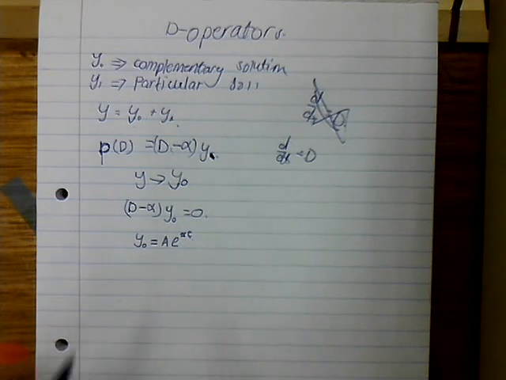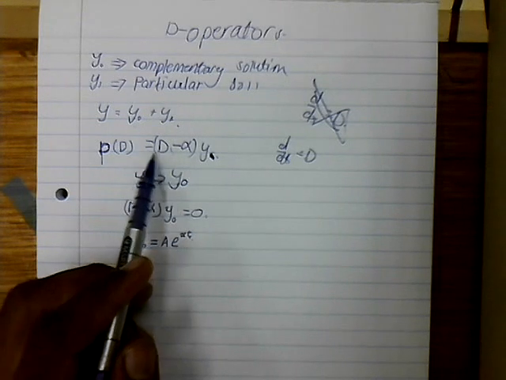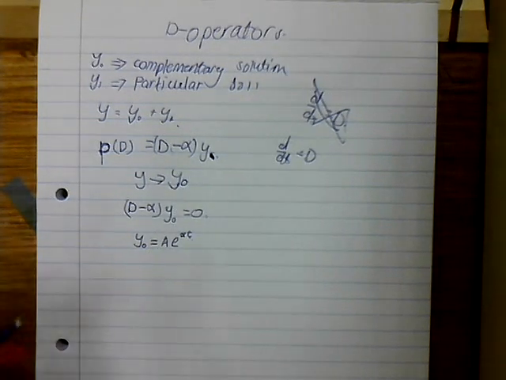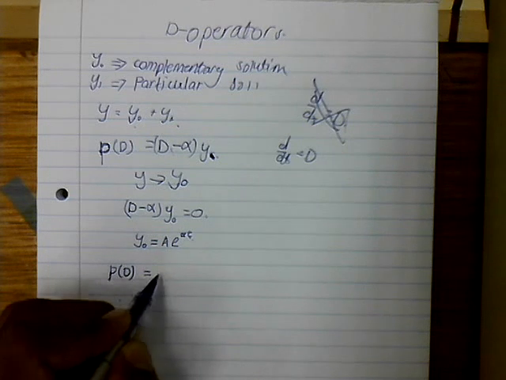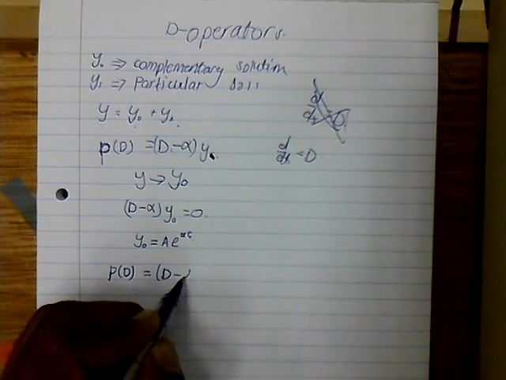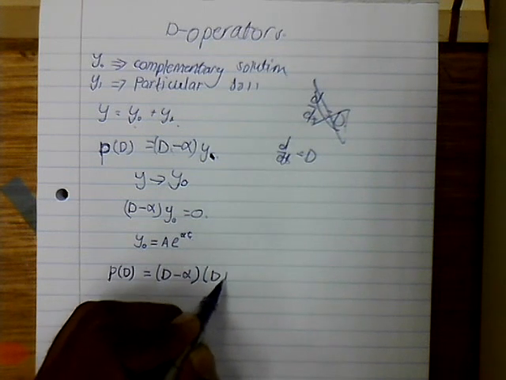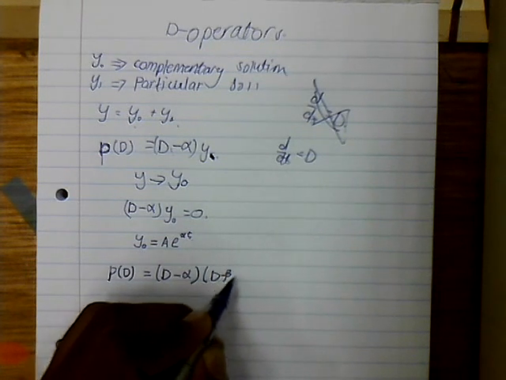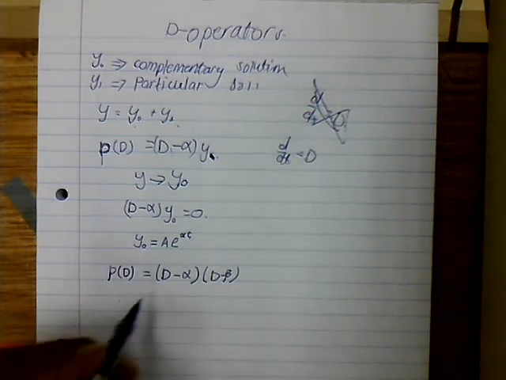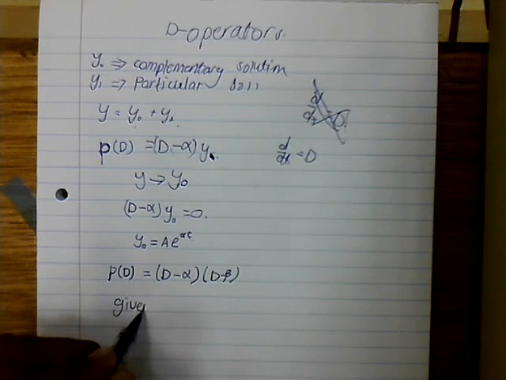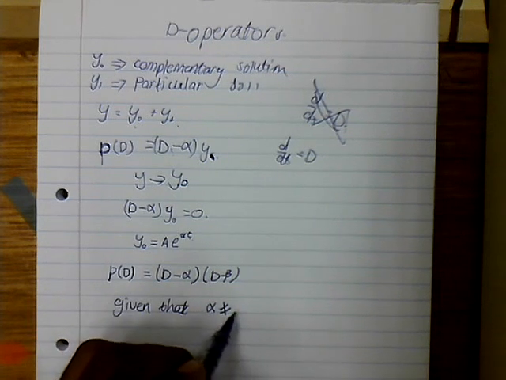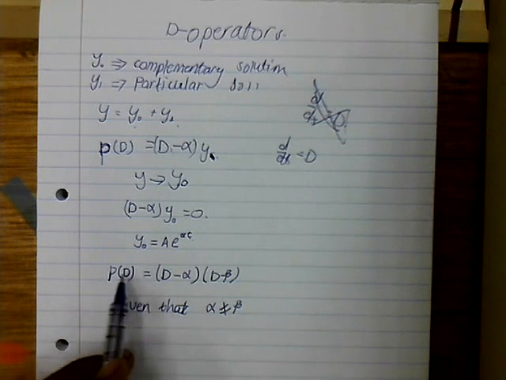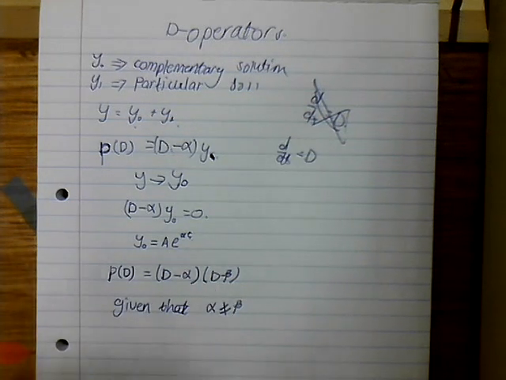Okay. Now, the second part is when P(D) is squared. What I'm saying, the case I'm talking about, is when P(D) is equal to D minus alpha, okay, and then D minus beta. Okay. Now, given that alpha is not equal to beta, the solution of these, the complementary solution, I'm sorry about saying particular, but the complementary solution which we get by equating this to 0,